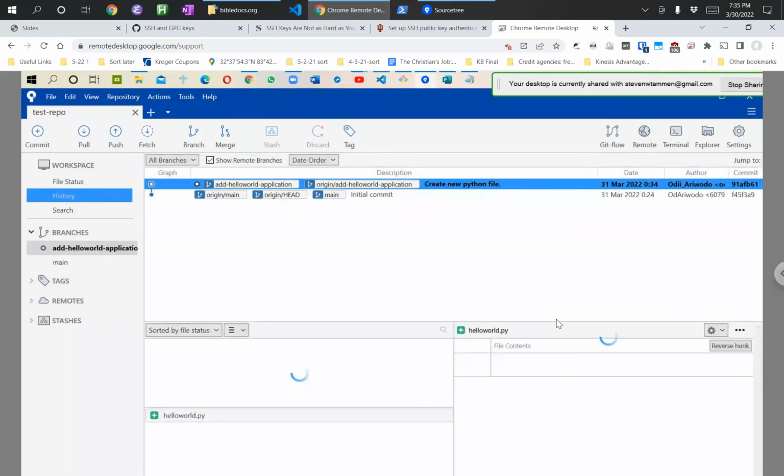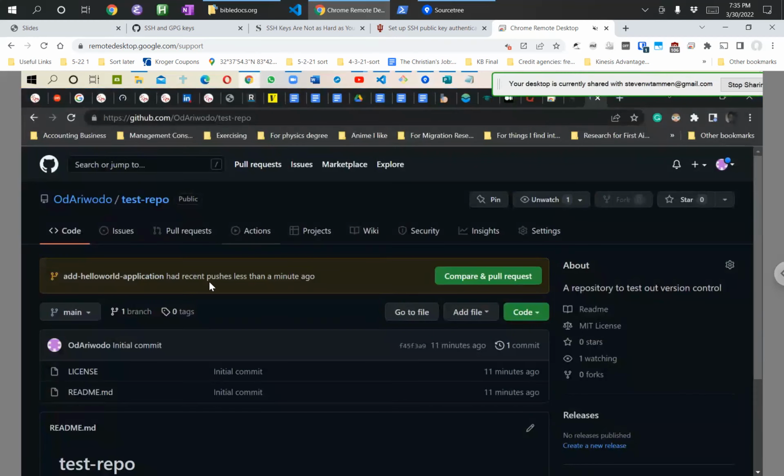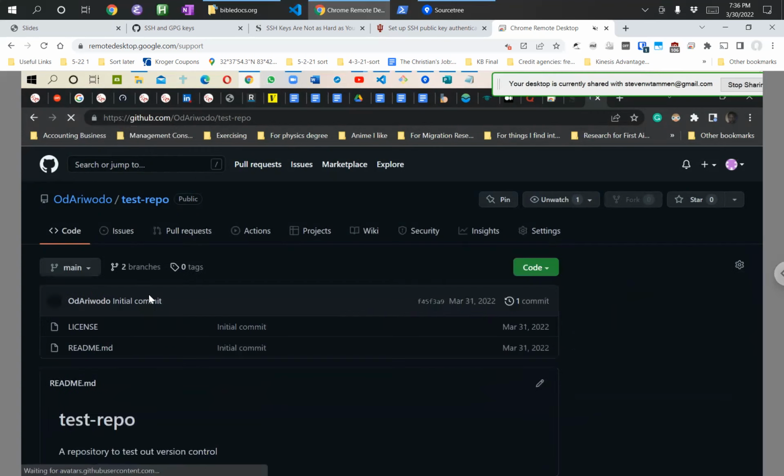Okay, so no errors, no problems there. Now this is cool, okay? So you want to come here and look at your initial application. This is before we refresh the page. So right now it says that the state of your application is at the initial commit, right? But now if we refresh this page, because we pushed to it,